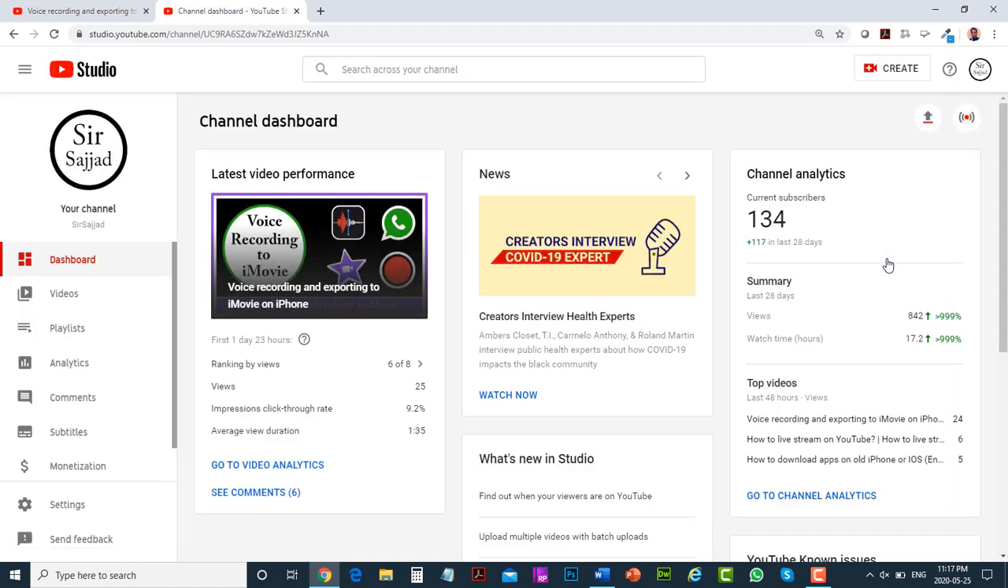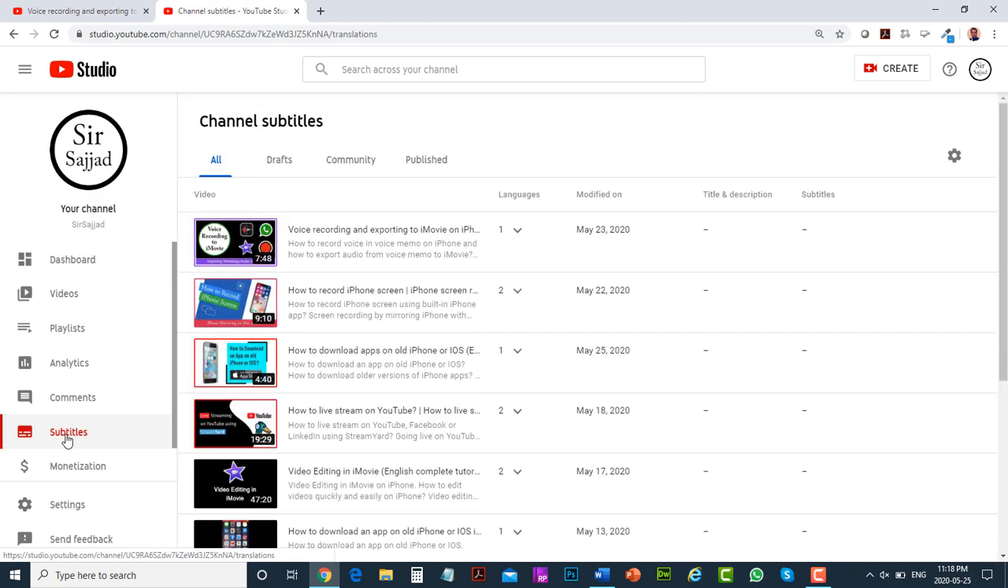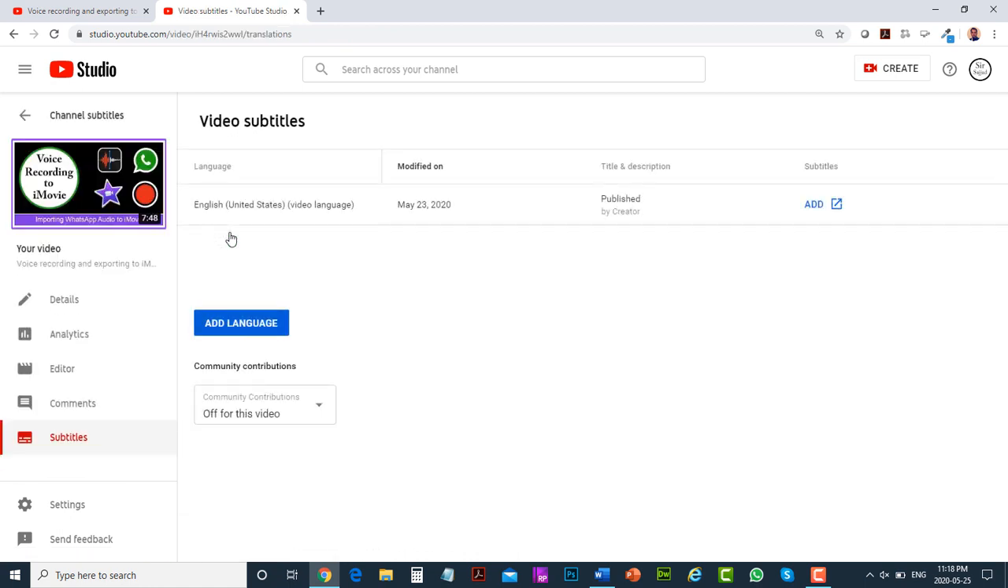And from here, on the left side, left navigation bar, click on this subtitles. And then select the video you would like to add the subtitles or captions. I would like to add on this first video. So I'm going to click on that. And then basically on this screen, you will see a default